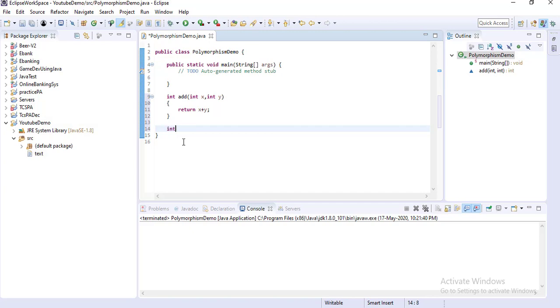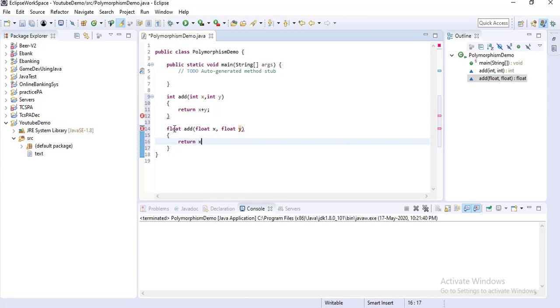So here, if I write float add, and pass two float arguments, float x and float y, and return that, for Java it's perfect. So this is the concept of polymorphism and function overloading.